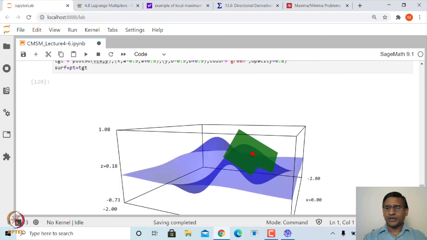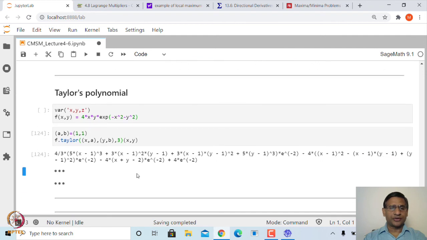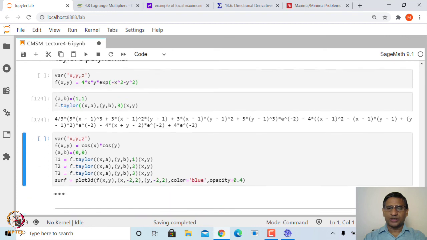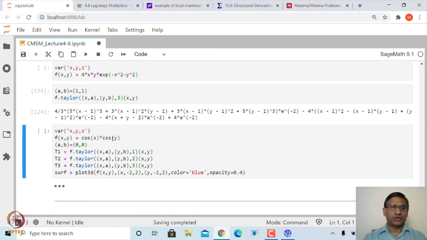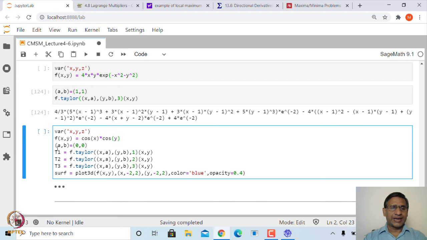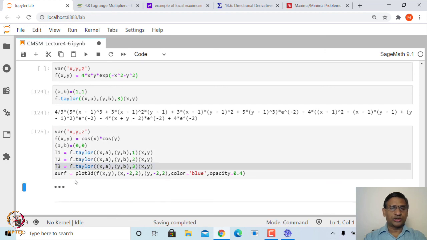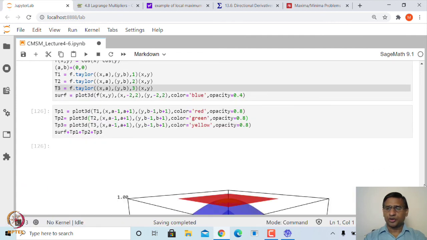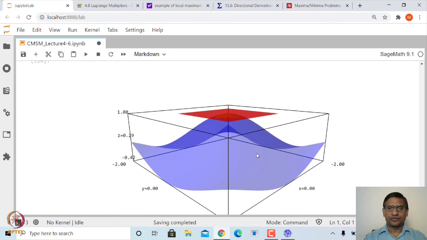and you can even try to plot the graph of the surface along with the various Taylor's polynomial. So for example, if you look at the function f of x y is equal to cos x into cos y, and let us take the point 0 0 at the origin. Let t1 be the first degree Taylor's polynomial, t2 the second degree Taylor's polynomial, t3 the third degree Taylor's polynomial, and let us try to plot the surface along with all these Taylor's polynomials, and then you will see